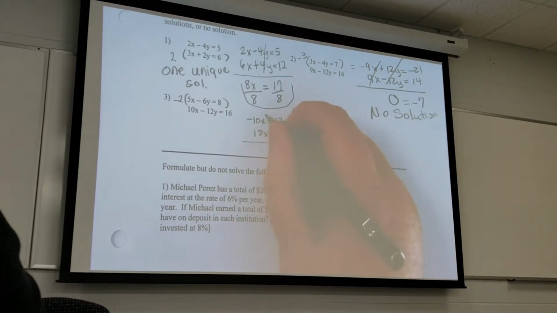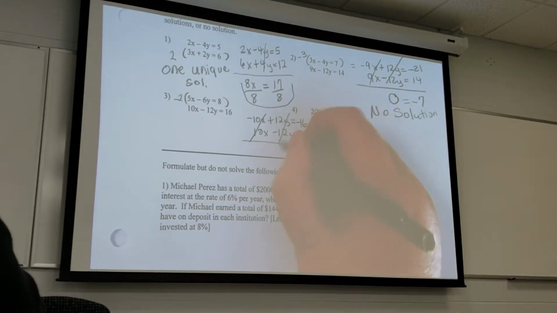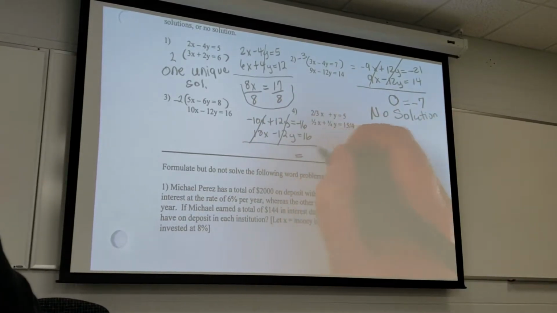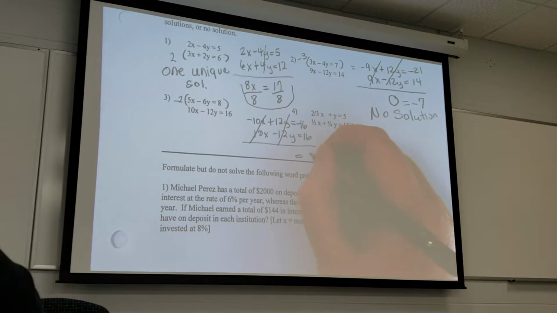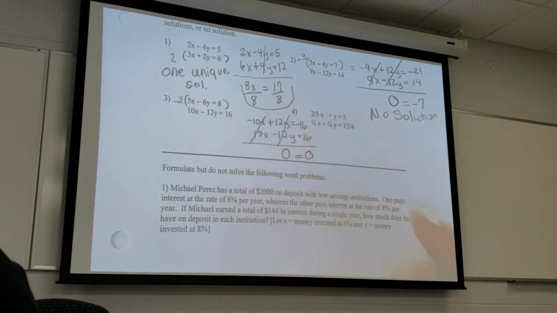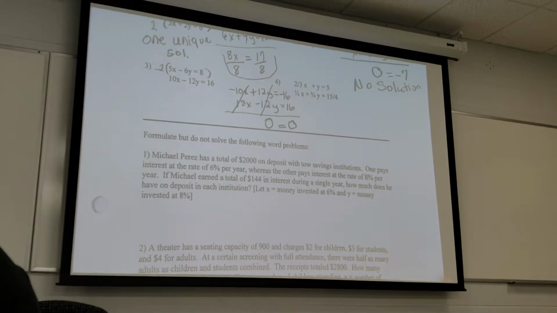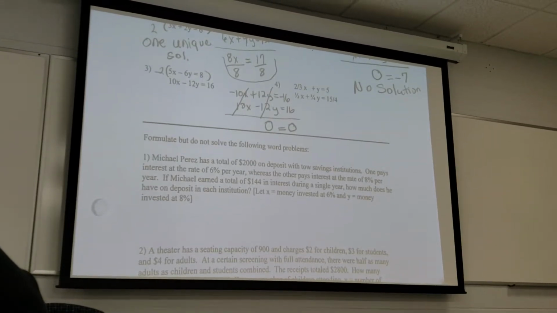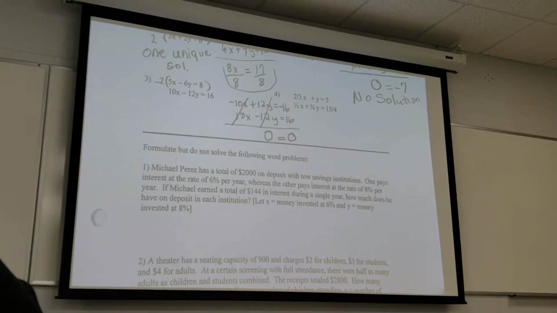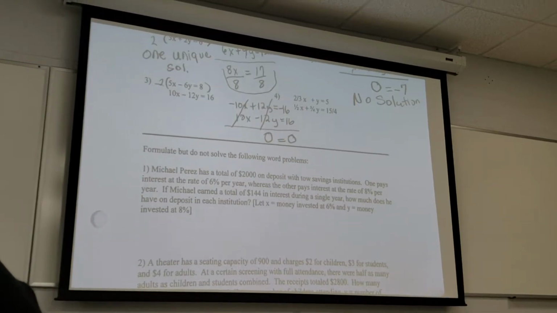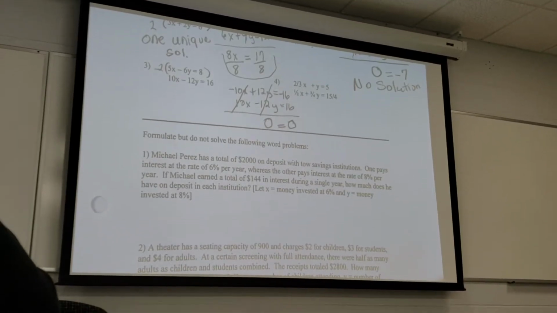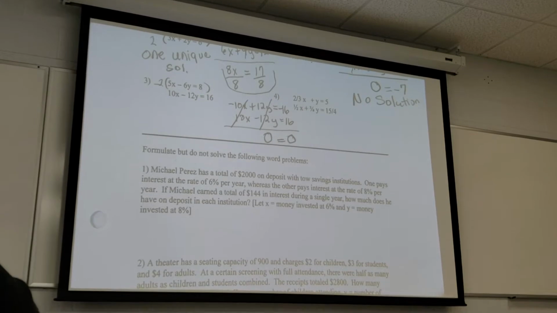My x's are gone. My y's are gone. What's negative 16 plus 16? Does 0 equal 0? Yes. And this has infinitely many solutions. It is a dependent system. Okay, it's a line on top of a line. All right, so